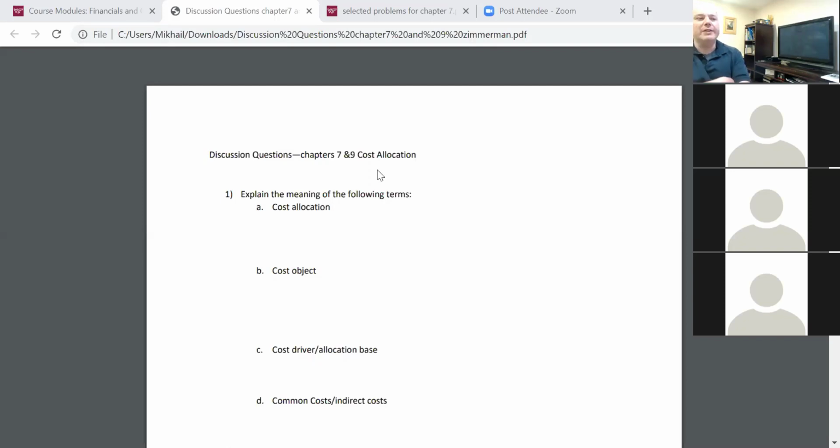Even if you didn't have it, if you worked in any sort of business, dealt with any sort of projects or budgets or anything like that, you should have at one point or the other dealt with the problem of allocating joint costs. What is a joint cost or overhead or indirect costs? They're all the same terms.